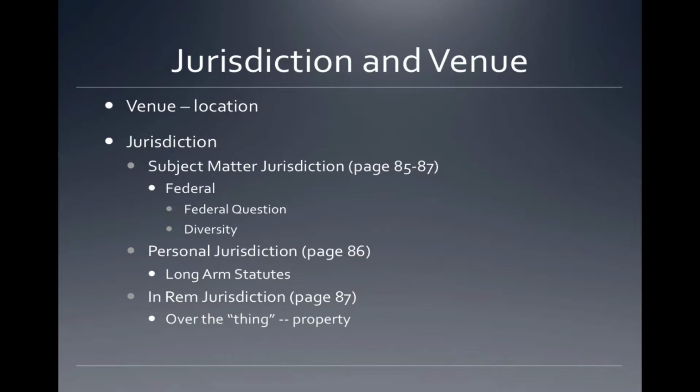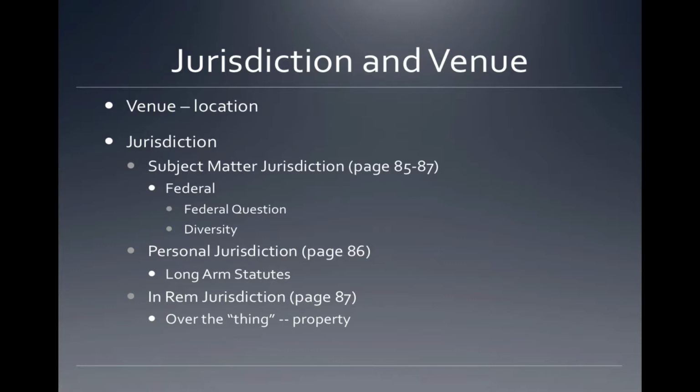Personal jurisdiction is discussed on page 86, and it's the power of the court over the person themselves. So one example would be if you are a West Virginia resident and you are traveling and you go to Utah and you end up hanging out there for a little while, and you drive your car out there, and you make some sort of mistake. You drink and drive, or you do something reckless and you get into a car accident. The court of Utah would not technically have personal jurisdiction over you because you are not a resident there, but